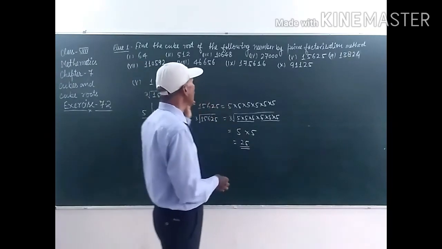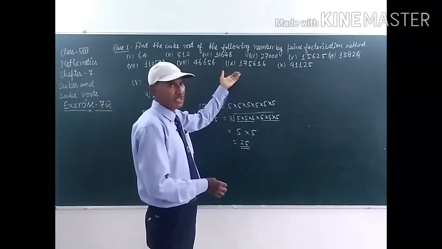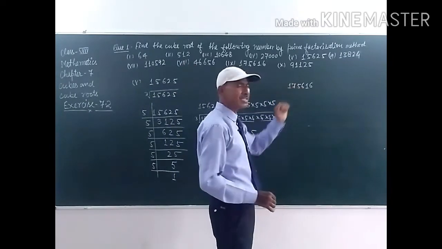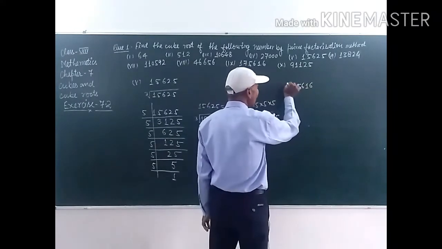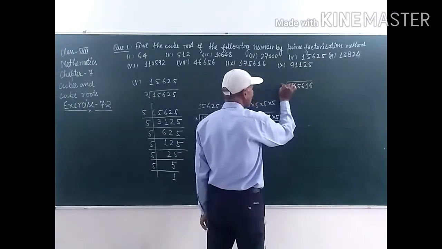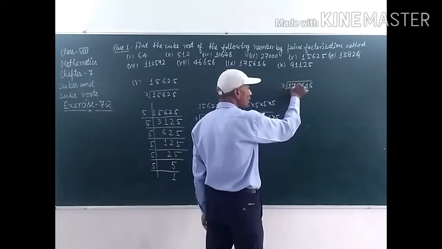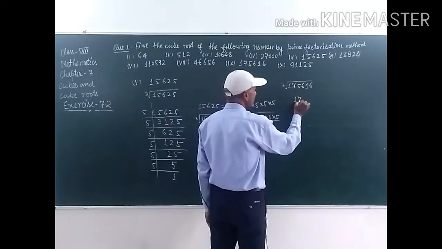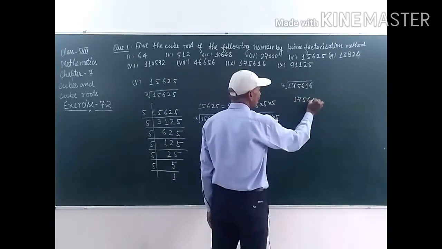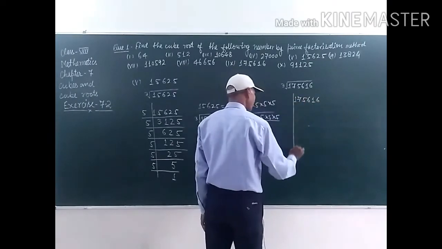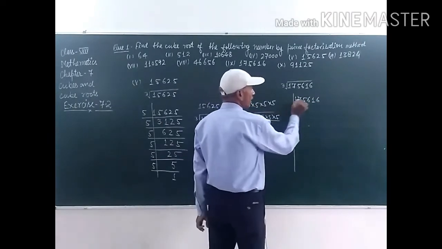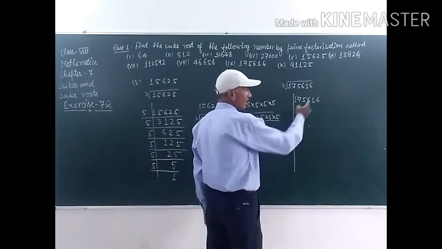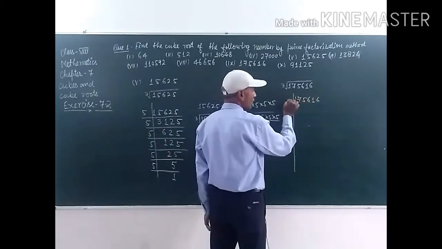Now we have to do this 9th part of the question, student. Clear? So this one 1,75,616 this number, and we have to find out the cube root of this number. So first of all we have to find the prime factors of this number, student. This one 175,616, and now divided by 2 because unit digit of this number is 6. That is an even number, so it is divisible by 2.